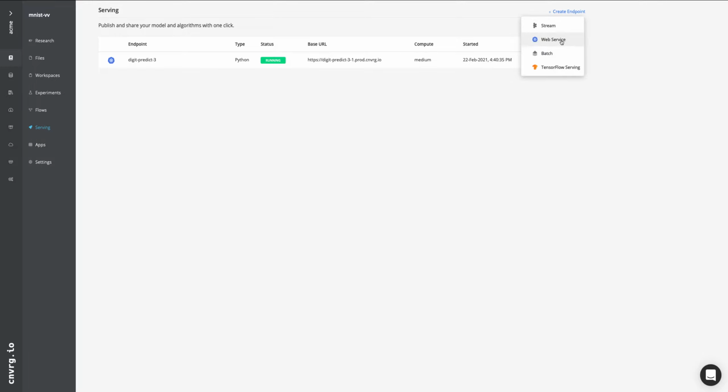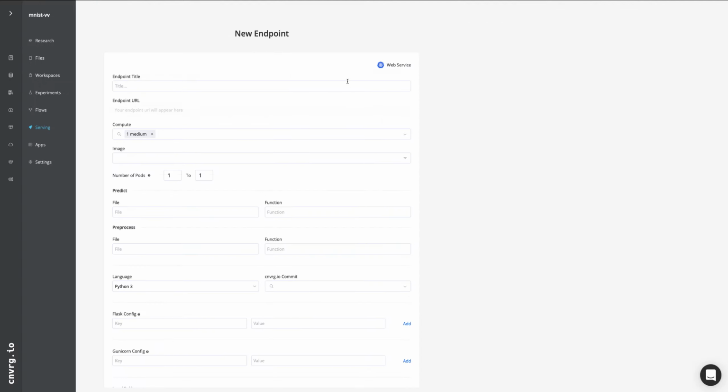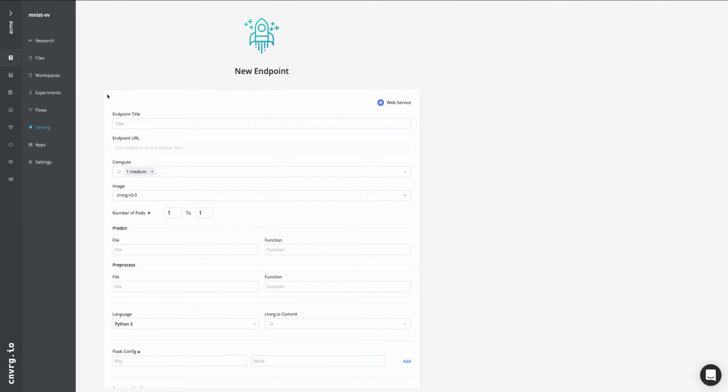I'll go ahead and select web service for this particular video, but we'll have other videos to go over the other specific endpoints and walk through a little bit of the subtle nuances and differences between the two. So in this demo,